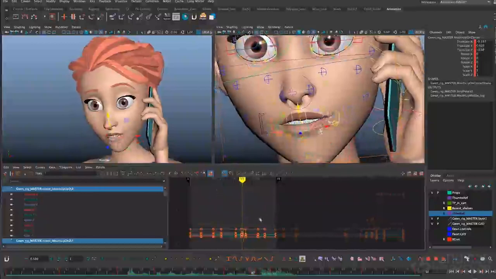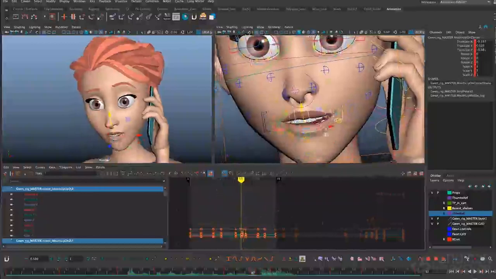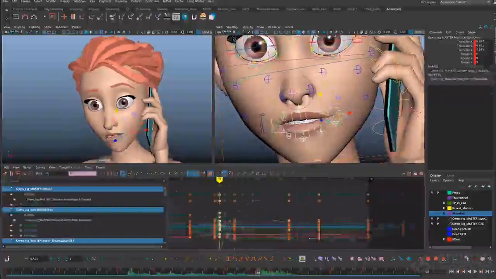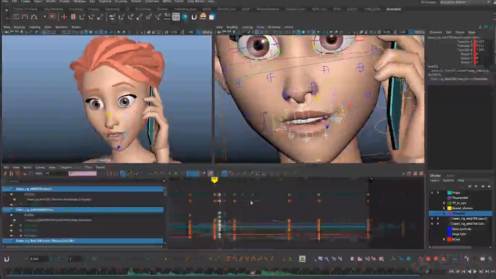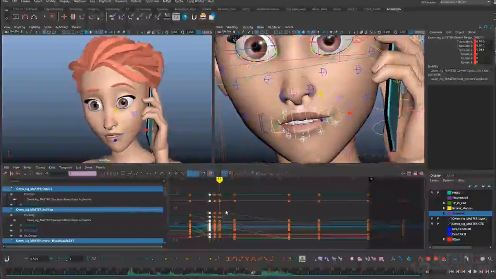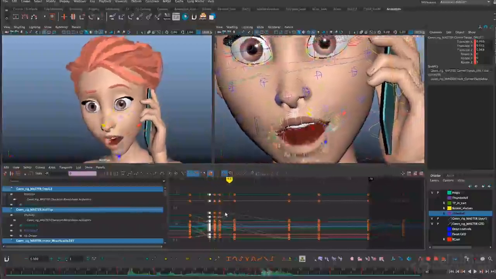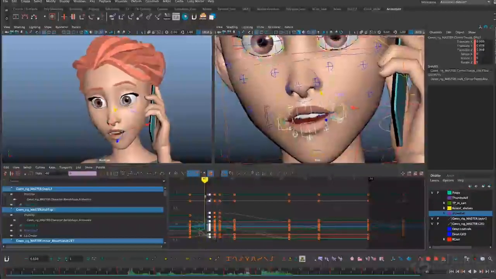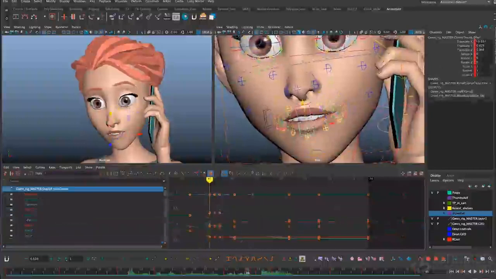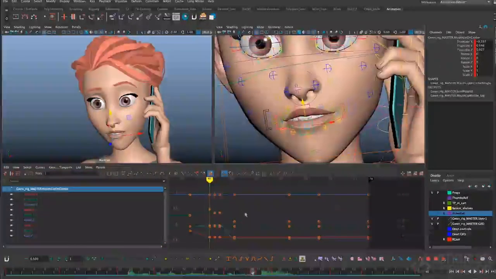Alright, so we posed the last frame of the F. I'm going to go ahead and pose it for 2 frames previous to that. So let me just select my lip controls here. Okay, let's just copy this pose, paste it on the previous frame, and then 1 frame before we'll paste it again. Now, the jaw is moving slightly through this sound, so I'm going to have to adjust the pose on the lower lip to compensate for that. So here the bottom lip will come up a little bit higher just to reach the teeth, and then it can